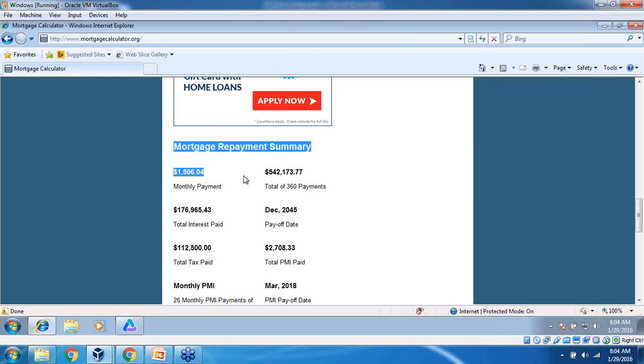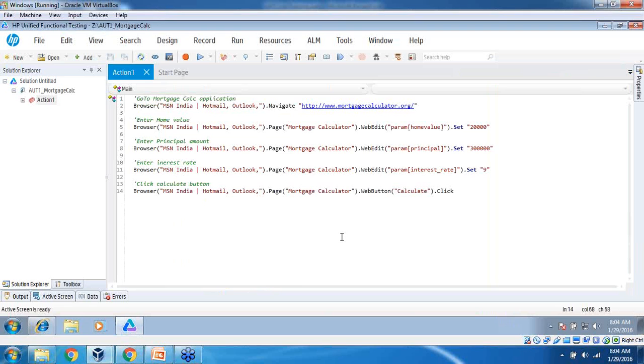So there are two ways, team. Either you can use the checkpoints available in UFT, or you can write your own VB script, your own statement, and you can verify this. What is the value of this? And does that value match with the expected value or not? So generally, a checkpoint is a verification point provided in QTP. If you insert one, let me tell you how we insert. We are not going to use them, team, because that is a very basic thing, and we will try those verifications